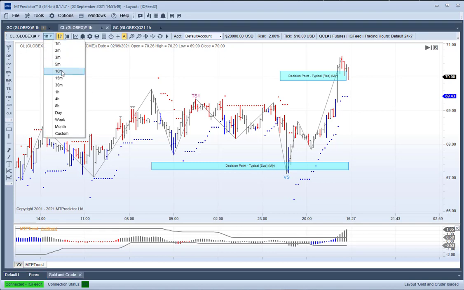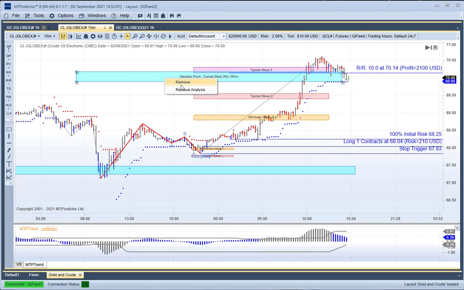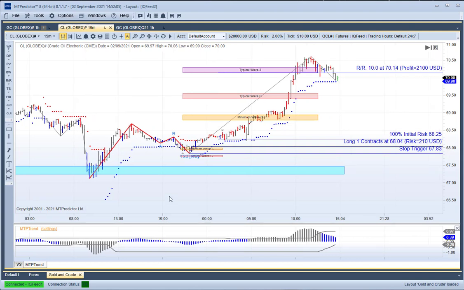So if I come back down to our 15-minute chart, can you see how that higher time frame resistance was also in the same area as the typical wave 3 WPT target? So the two were basically telling you the same thing. I'll just clear that off to keep the picture clear. Hopefully this has been a good example of our wave 3 trade setup that's just unfolded on a 15-minute chart of crude oil,